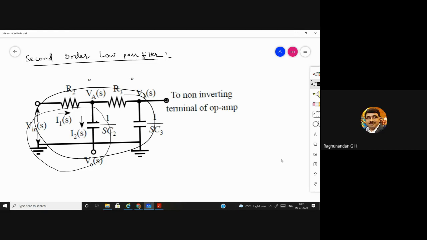Yes, very good. Because in the active filter, whatever we are designing, we are going to use R and C pairs. If you are just going to have this, it is a passive filter. If you add an op-amp to this, that becomes an active filter. Okay, this is the only difference we are having. In passive filters, we just use R and C and try to filter it out. In active filter, along with this R and C, we are going to add an active element like op-amp or transistor. Then we try to filter the signal and try to add some gain to that signal, and we are going to send the output.